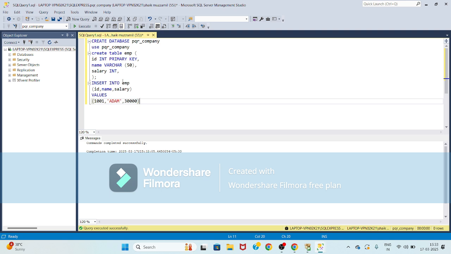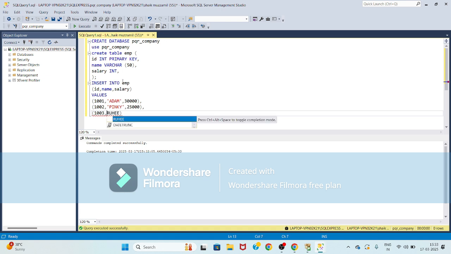Now another value, 1002 comma, Pinky, 25,000, comma, 1003, Ruhi, comma, 20,000.